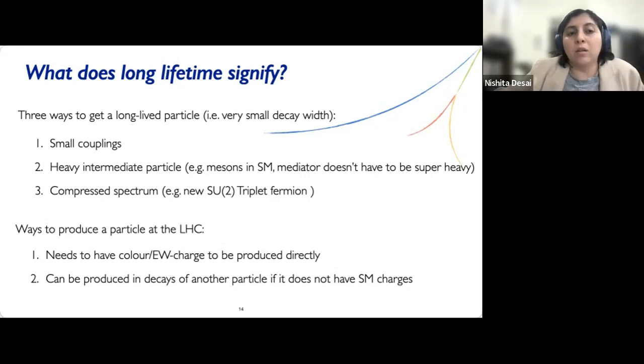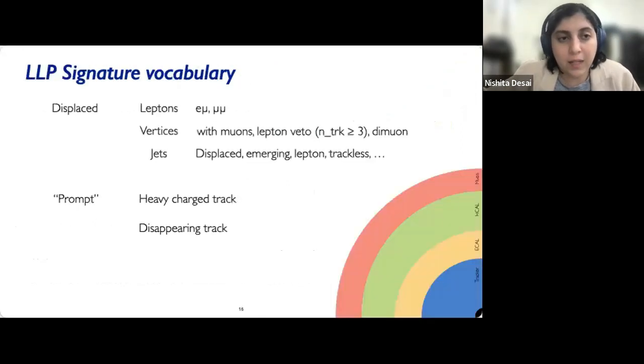Okay, so these are the ways of getting a long-lived particle. And then to produce the long-lived particle in the first place, either that particle itself needs to have color or electroweak charges, or it needs to be produced in the decay of another particle that has some Standard Model charges so that it can be produced. Okay. So this is just a summary, and we can look into the vocabulary of what kind of searches exist